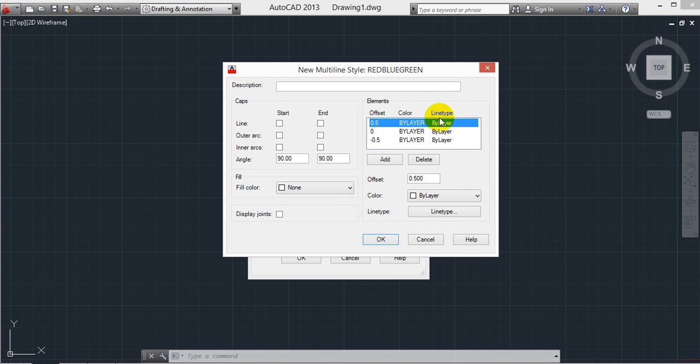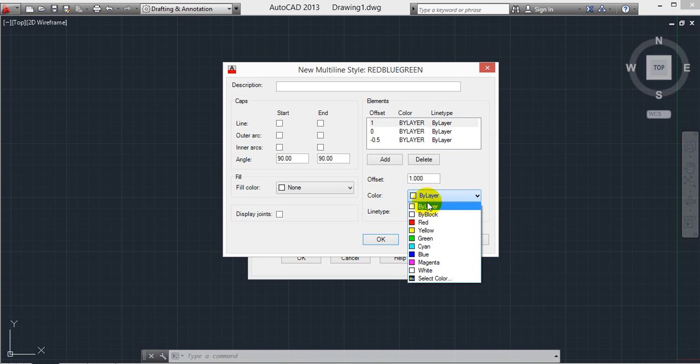These are visibility, which means for showing a screen, but if you input here, the screen will be changed. So for the first one I'm selecting offset as 1. Here it also changes to 1. Next, color. We have a color option here. By layer, select it. The first one red, I'm taking as red. Next, the third one, line type.